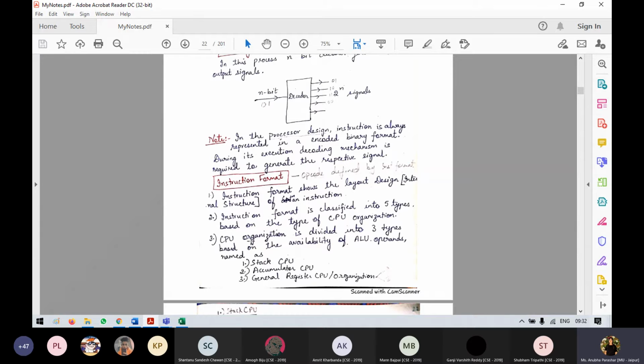Operands means either the right hand value or the left hand value, like for example a plus b. So A and B are operands, and plus is add. So we write add A comma B. So the B value will be added to A, right? And it will add. If you write move A and the value, for example, I'll show you here a few instructions.